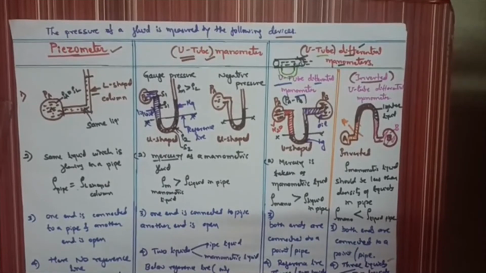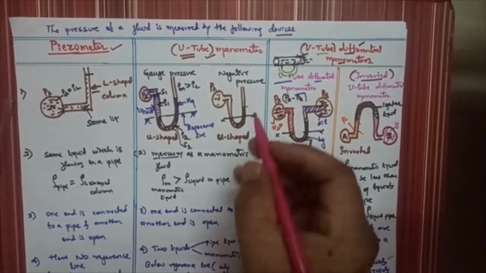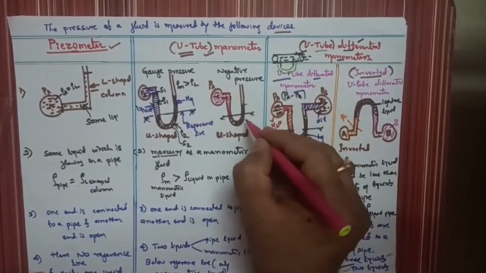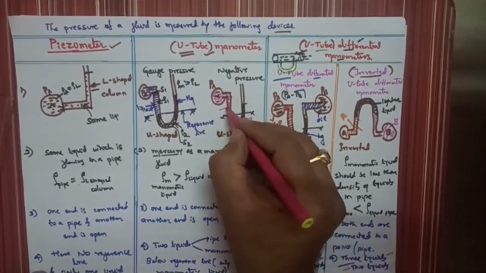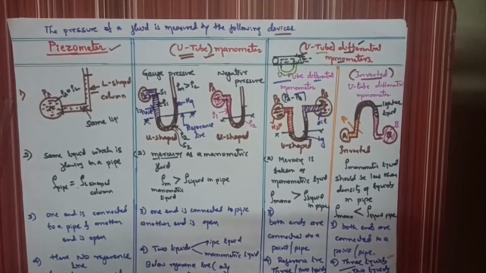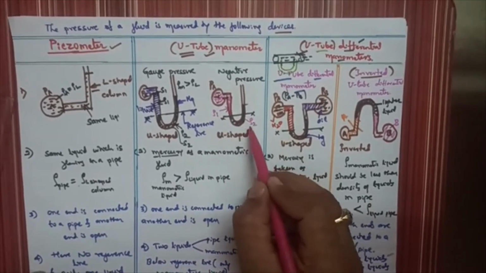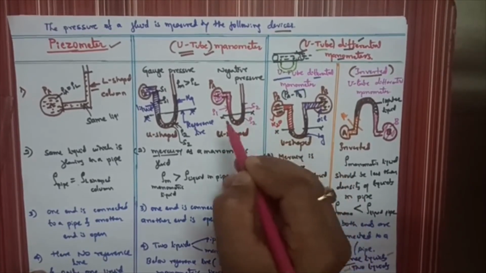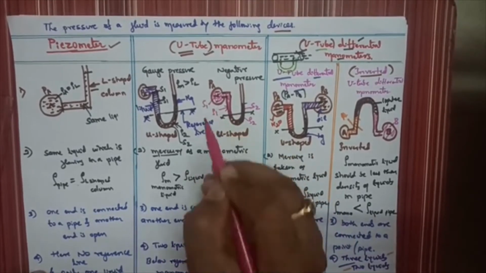Similarly, in the other cases also, it is the same. Here is some liquid in pipe A. Here is the density of the second liquid, that is the manometric fluid, and here the density of the liquid, that is rho 1. So you can change the notations as required. I have taken rho 1 as the density of the liquid flowing in the pipe, and rho 2 as the density of the manometric fluid. Similarly, specific gravity S2 is of the manometric fluid, and the specific gravity of the pipe liquid is S1.